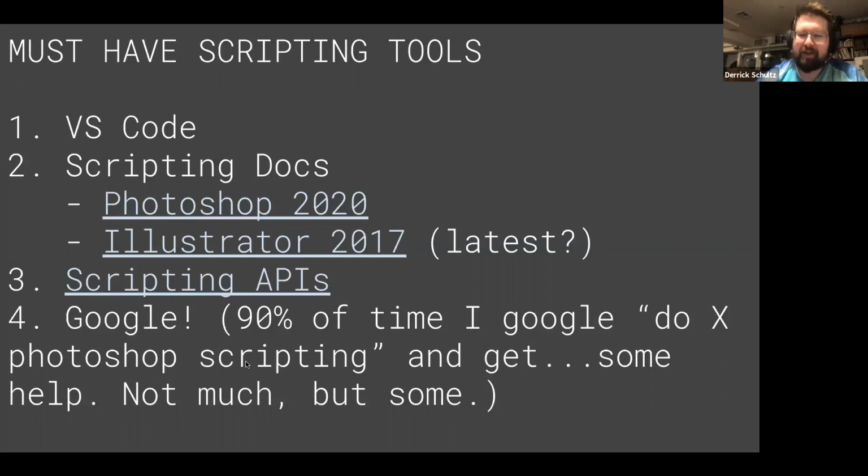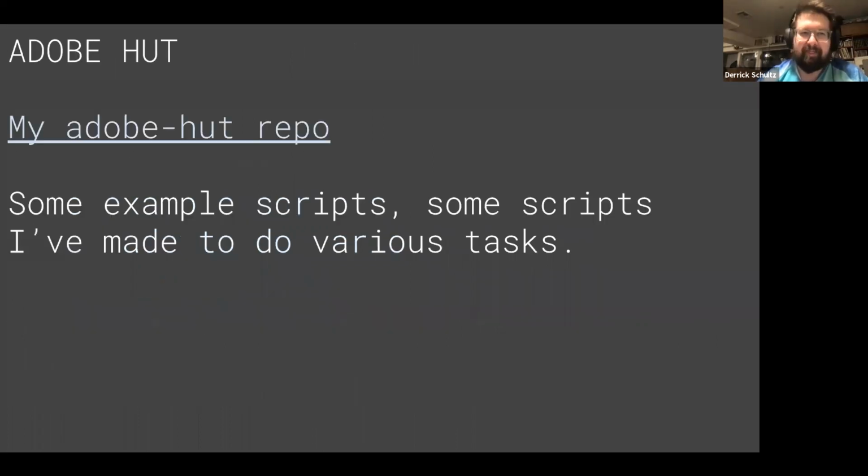There are not a lot of places where people Google this stuff, or even post how they learned things. So it can get kind of challenging. This is not for the faint of heart, but if you're really interested in trying to dig into it, you can. All this exists if you're interested. But I generally find that I can get myself to about 50% of the way there between these four things. So it is not the best, but it is available to you if you want to use it.